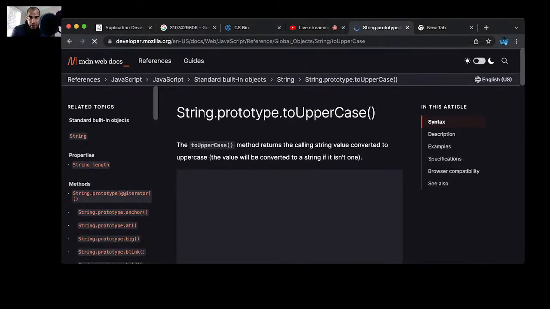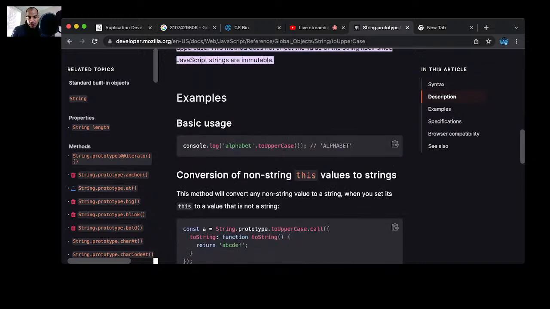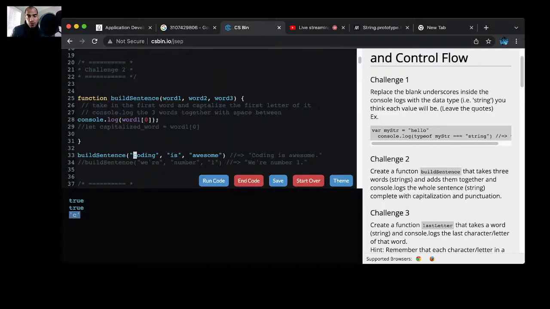So in this case, what we're looking for specifically is a method that takes our value, in this case a string, a letter, and converts it to uppercase. So we know we have this method toUpperCase that allows us to do that. This documentation shows us the basic usage. So all you have to do is call the value and then invoke the function toUpperCase with parentheses, with no arguments. So we're going to copy that syntax over, and I'm going to come back to my